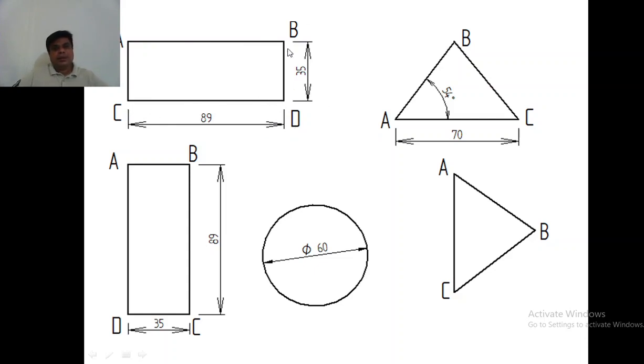So that's a corner. And coming to edge or side, how do you name this edge? You have to tell it by the dimension or by the length of this edge. So this is called dimension. Whenever you draw any plane, you should give a dimension for that particular edge. So this is the length of this edge BD. It is 35 mm. So whenever you draw a rectangle or any plane, you should draw the dimension also.